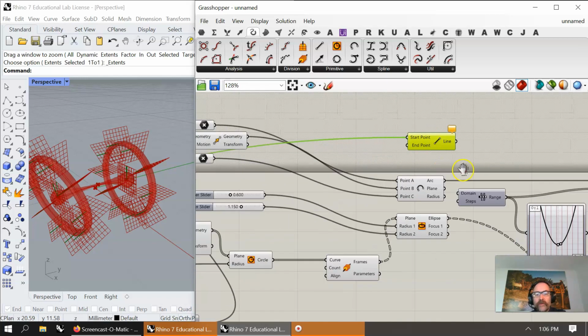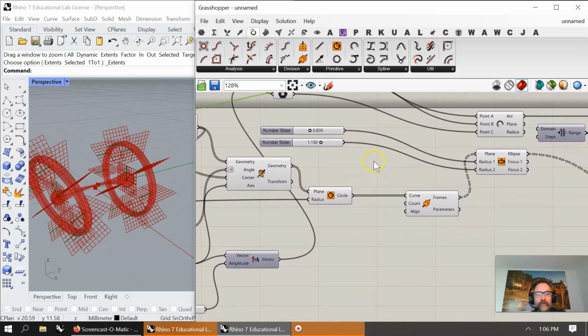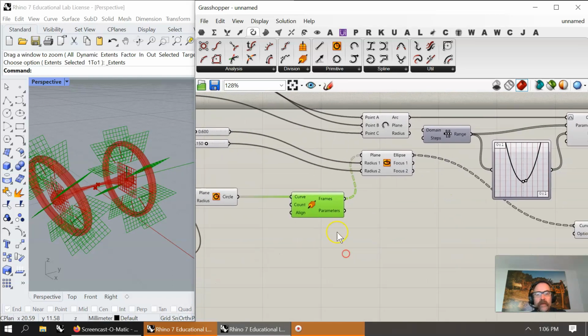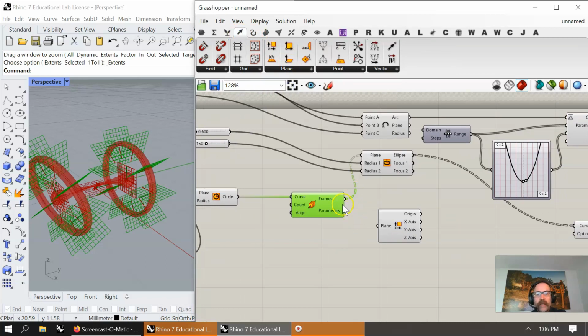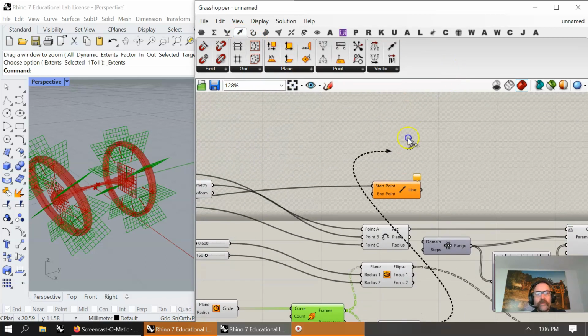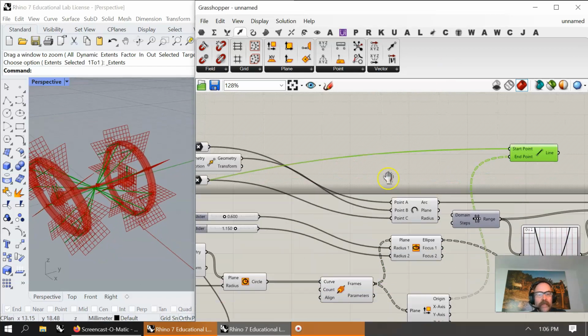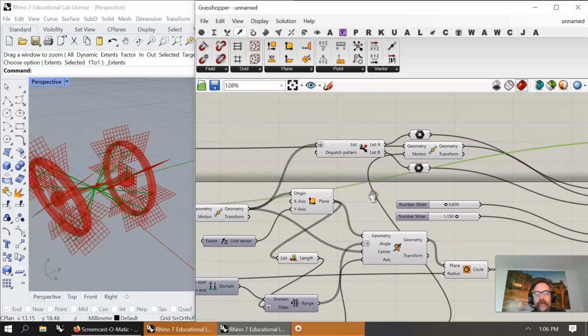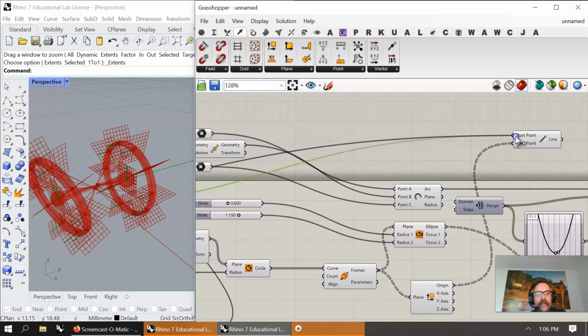Let's take that point and go to all of the points that made up the Perp Frames. If you've got your Perp Frames there, you don't need to do this, but if not, use plane and deconstruct plane. I could take those frames, grab those origins, put them up in here, and I should have a bunch of lines. Now those are interesting because the start point is in the middle, and that's not what I meant to do. I meant to go here and grab my start points as a list, and with any luck,